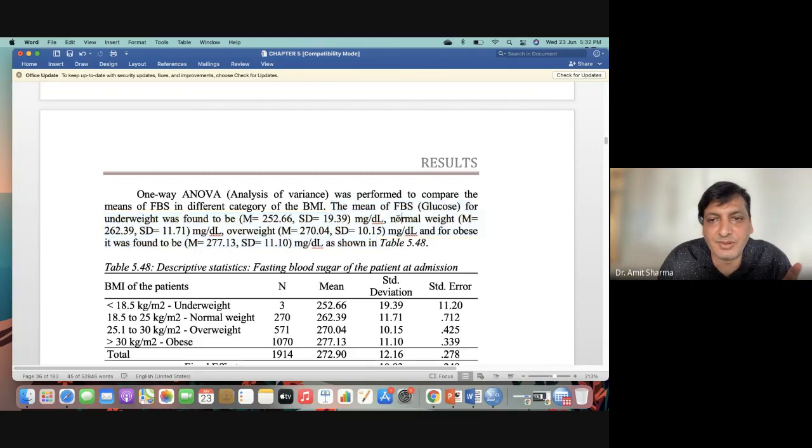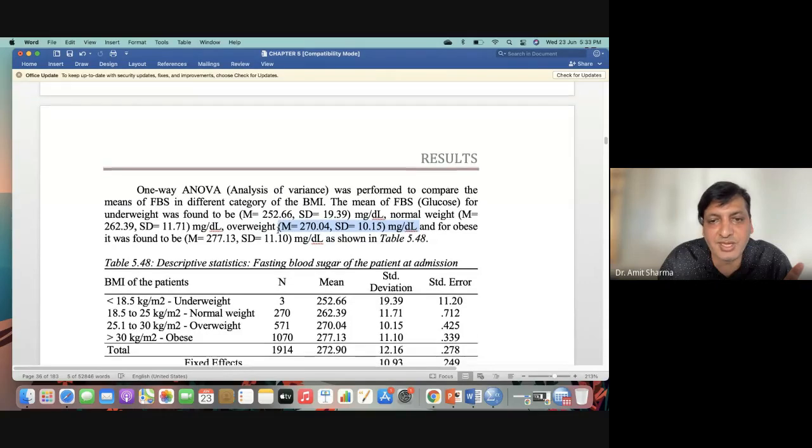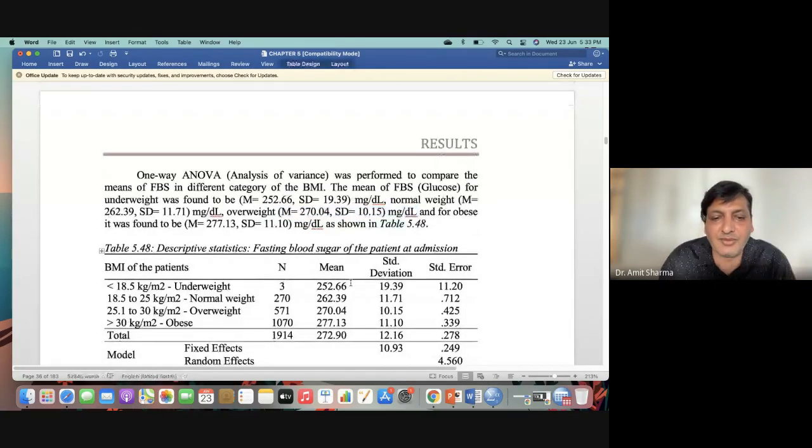of a person having normal weight, how much it is under the overweight, how much is the mean and SD. And never forget to write the unit whenever you are writing a mean and standard deviation. And you are going to get a standard deviation in 4 decimals, for example, like this. So you have to delete all, just keep any mean or any value to 2 decimals. So writing 4 digits after the decimal